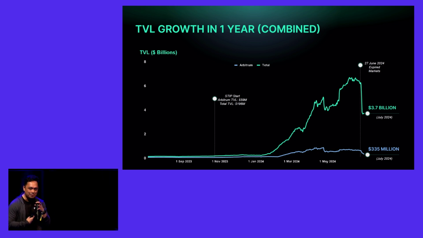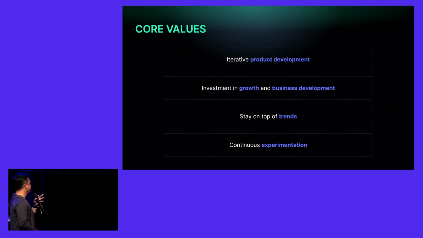Now, it is our job to keep on introducing markets, to keep on attracting users to come back into Pendle and to be able to trade those yields. So for us, TVL will always be this kind of ephemeral cycle, where every cycle there would be expired markets, and then we would be introducing new maturities, new markets, where we would be able to attract users back to trade those yields. So job's not done for us.